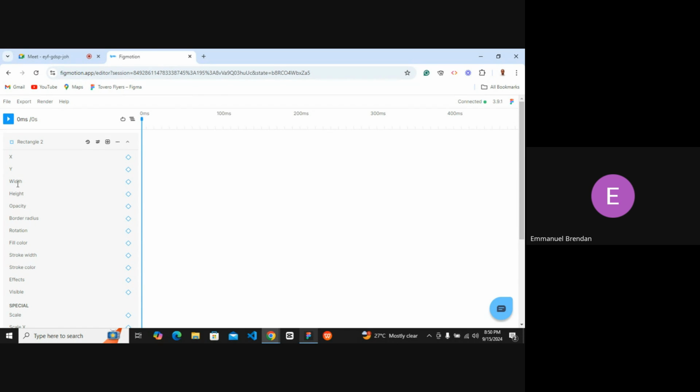X, Y, width, height, opacity, and border radius, right? Those are the things I'm just going to explain. So X deals with the left and right. Anything you're animating that starts from the left and comes to the right, you use the X. But if you want to animate something from the top to the bottom, then you're going to use the Y,